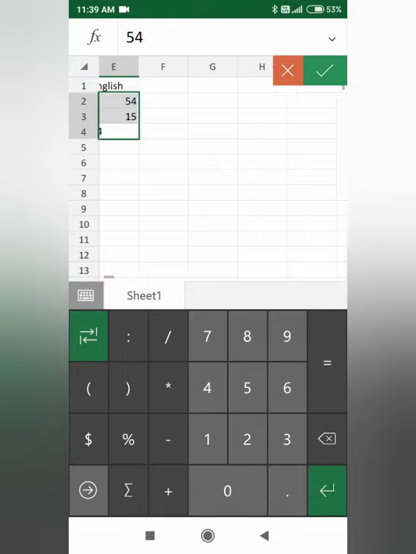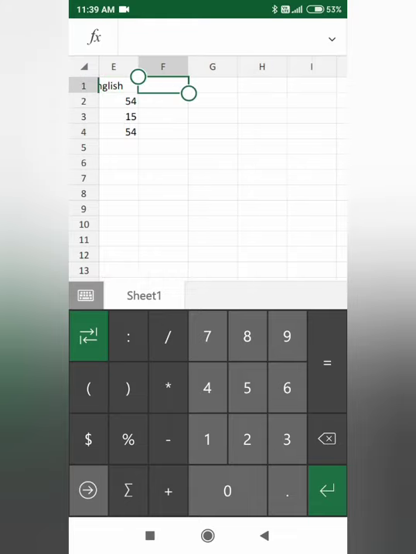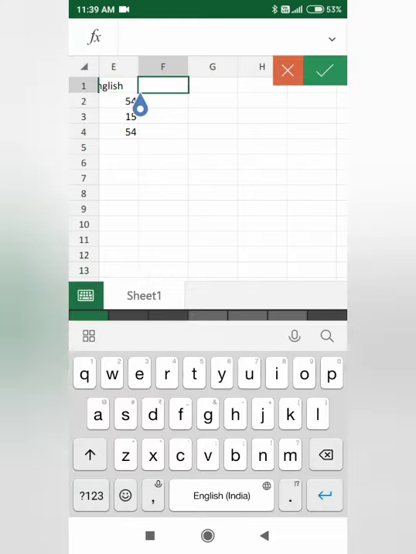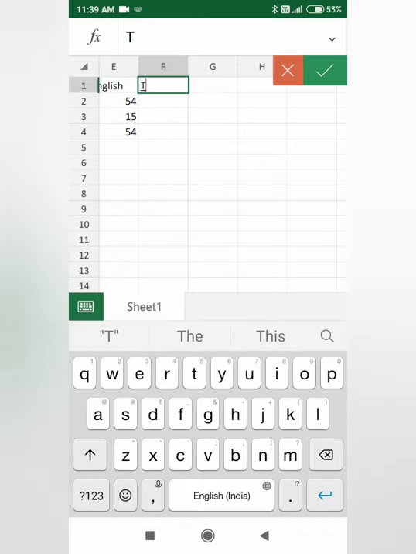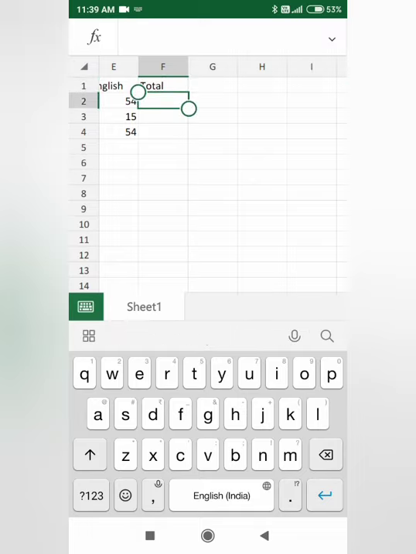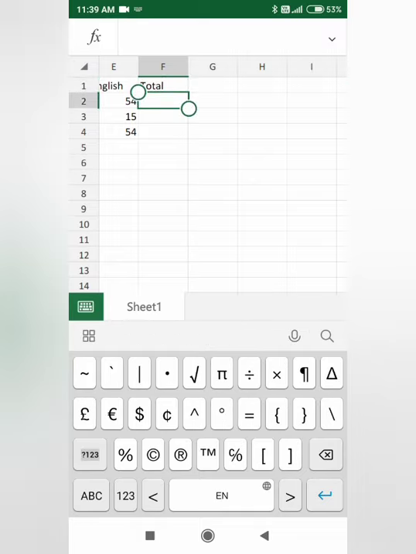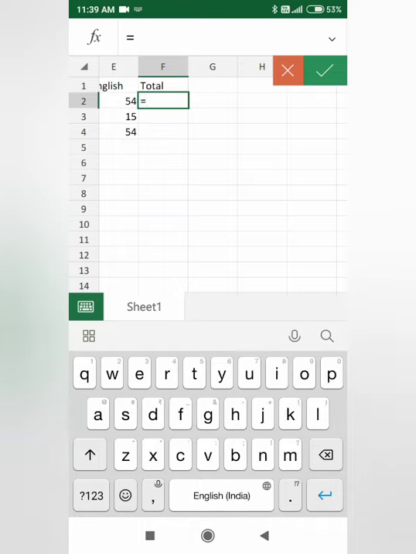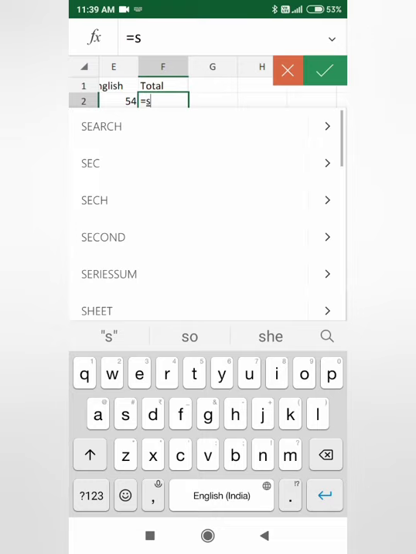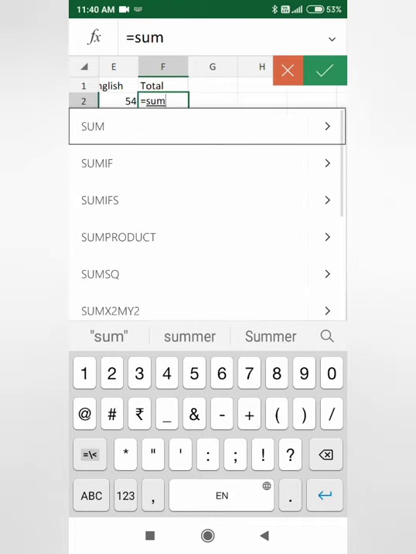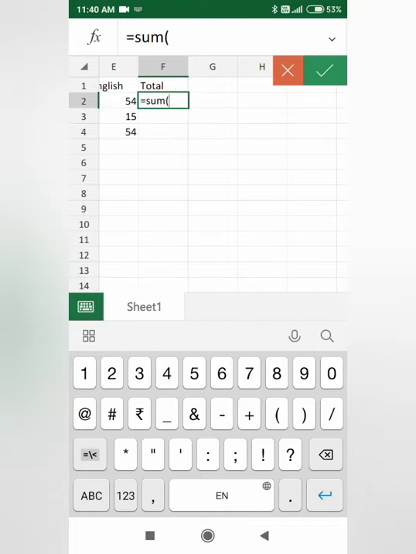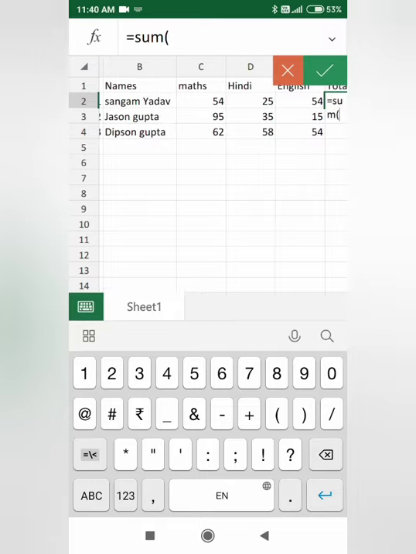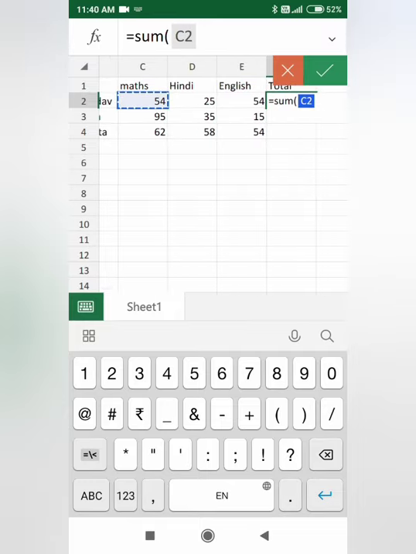After this is over, we will take a total. We will write total. We will first use the formula: total is equal to sign first, then sum, then open bracket, and whichever you want to add, to get that total.